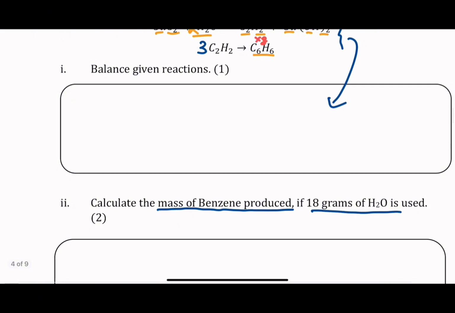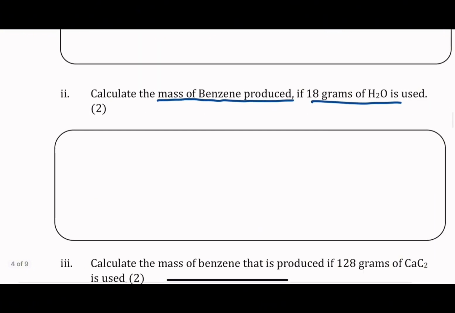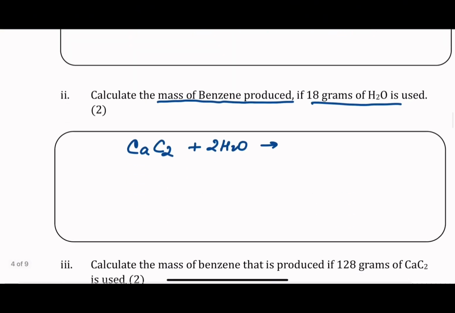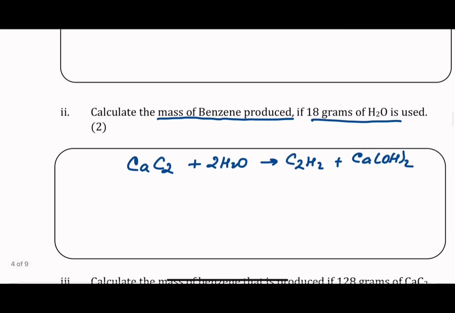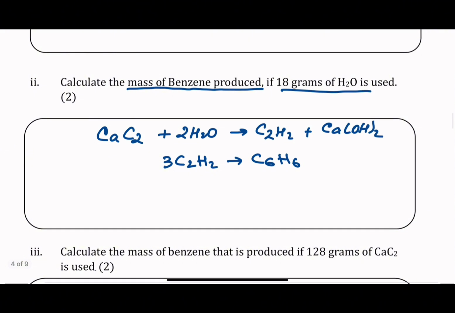Now, the trick I'm going to tell you guys is going to be applied here. Once we balance the reaction, we're just going to copy it down here. I have 2H2O, and it makes us C2H2, and then calcium hydroxide. And then we have here 3C2H2, giving you C6H6. Now the trick I will tell you is, do you see that I have here 3C2H2,